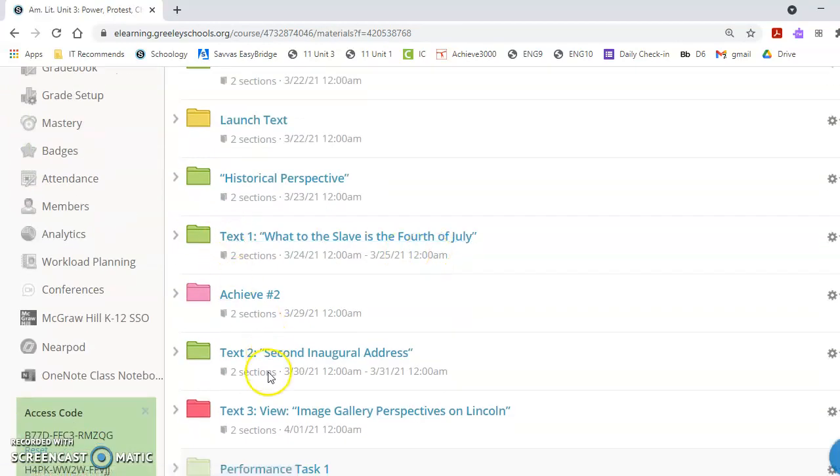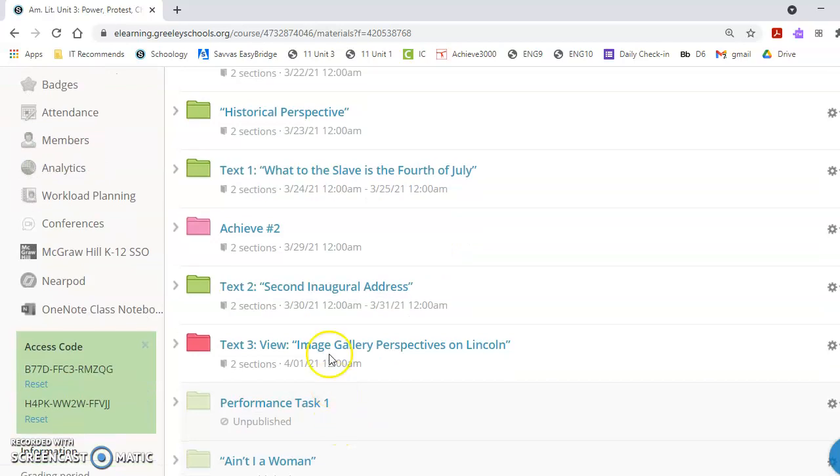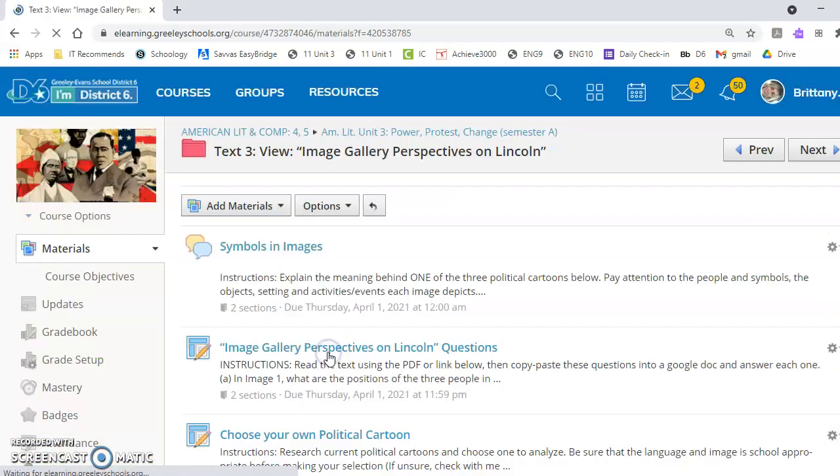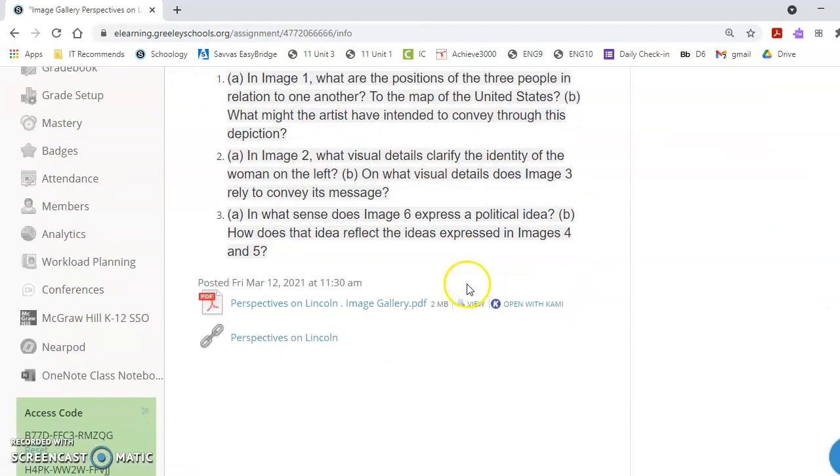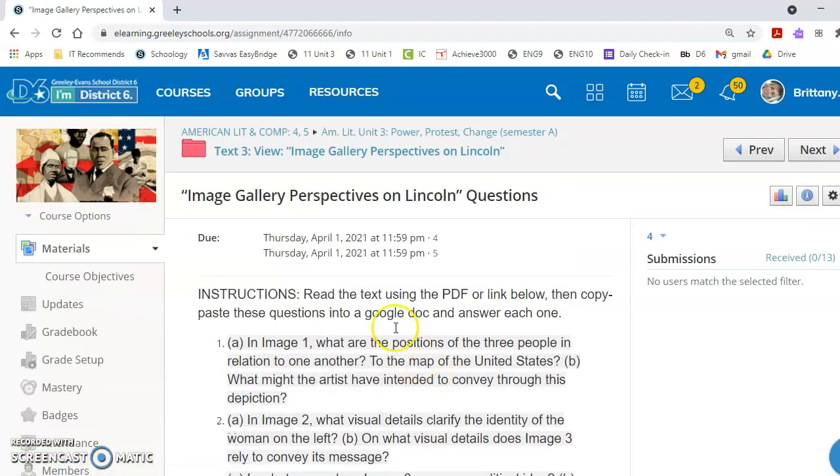And then lastly, Text 3, we get to view the image gallery perspectives on Lincoln. So you start with a discussion. There's political cartoons. You'll pick one and explain it. Then you'll have a chance to look at the image gallery, and you can pull up the PDF or you can go through Savas. And then that